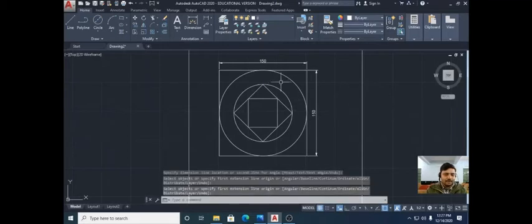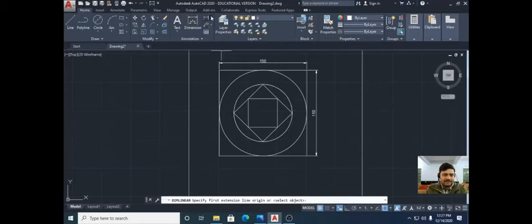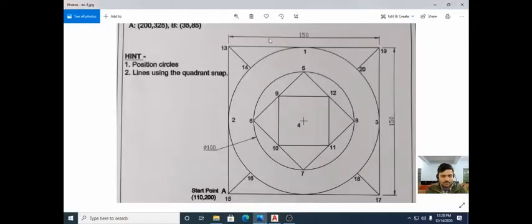Press the escape button because we have to mark the diameter now. Now click the diameter portion. Click onto the circle, it is 100. Now what you have to do is, actually I think only 3 dimensions are there. So 150 and this much is what? 100. So we are moving towards figure number 2. We have made the first part.